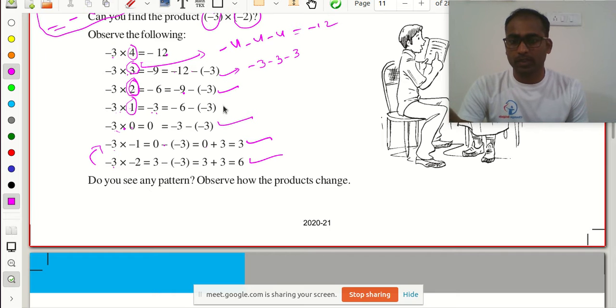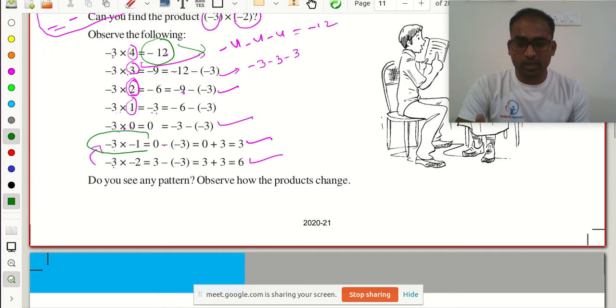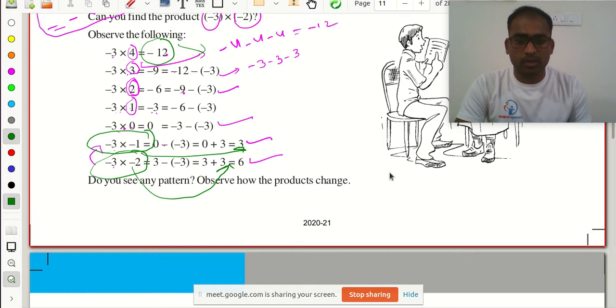So you please observe here. We are having first negative answers as negative integers, and the negative integer value is going to decrease, and after that, after 0, what is happening? If I multiply two negative integers now, I am getting the positive value. When I multiply here two negative integers, I am getting the positive value. Okay? So here next minus 3 multiplied with minus 3. How much will I get here?